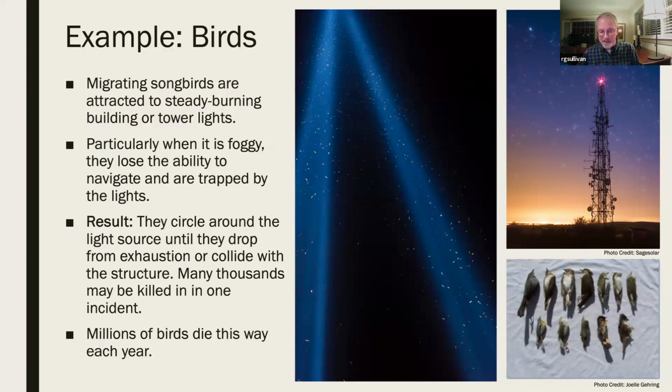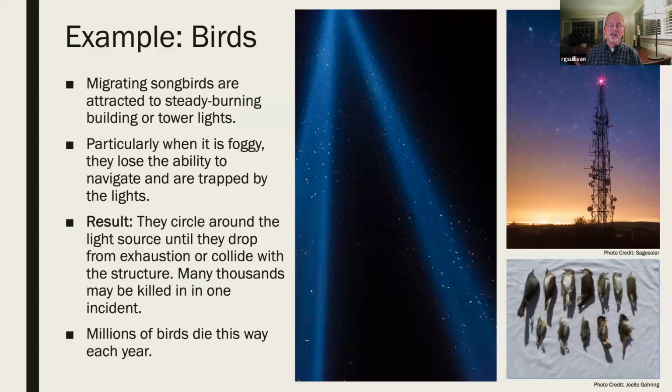particularly when it is foggy, or misty, or they cannot see the stars, and they see one light, and there are no other spatial clues that they need to navigate. What can happen is that they are, in essence, trapped by the light. So they will fly toward this light, and sometimes they will hit the supporting structures. Think a cell phone tower, although those typically will have flashing lights. Guy wires they will fly into, and you have mortality that way.